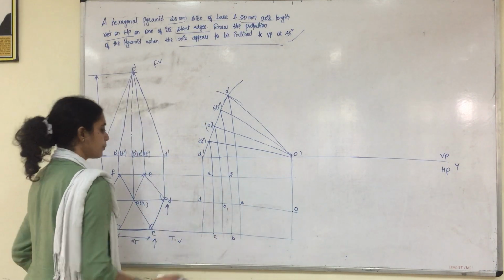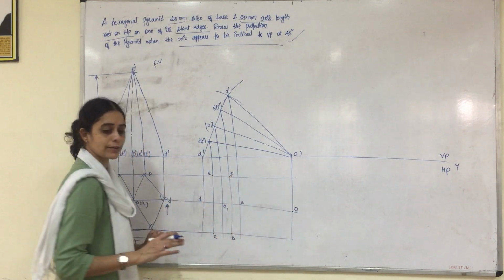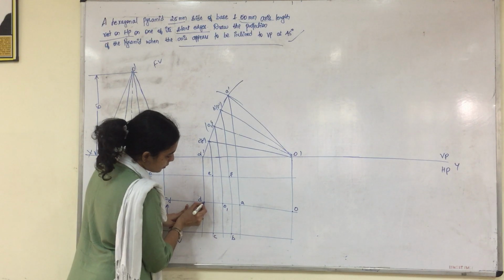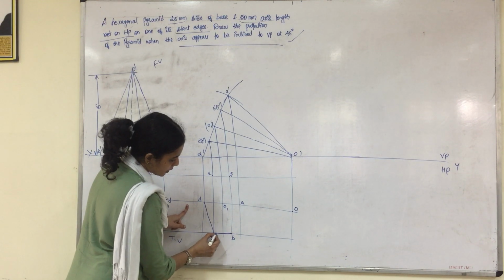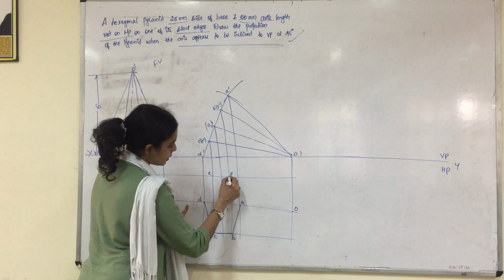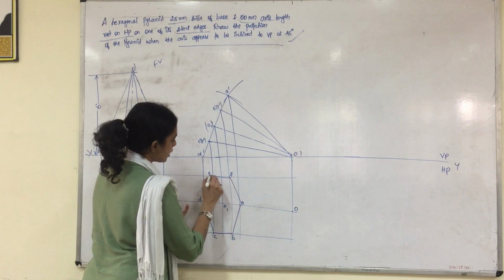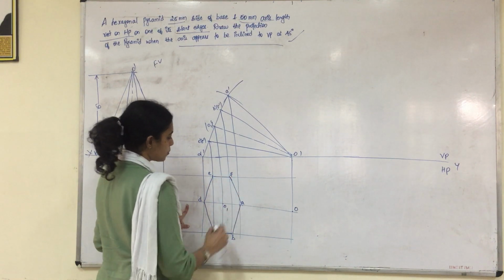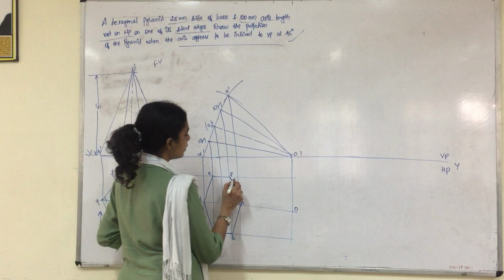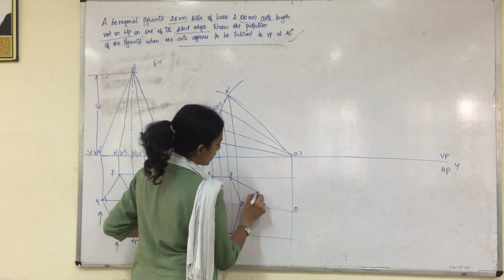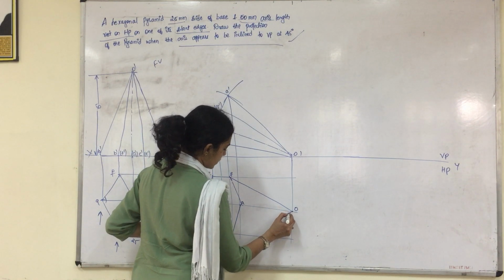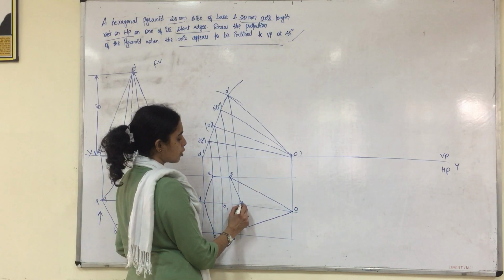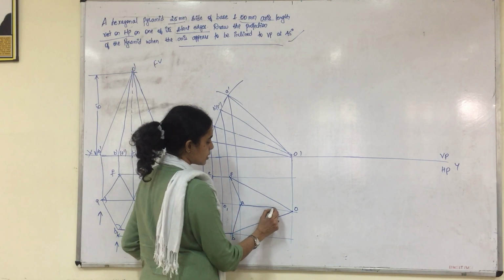So once you do the naming, as I told you, the outer boundary will be visible. So please join the outer boundary: D to C, C to B, A to B, F to A, E to F and A to D. Use scale and pencil and join properly. And then join the apex from F to O. The outer boundary will be visible. O to B also will be visible. So the projection coming to the corner of the outer surface will be visible. So please join.